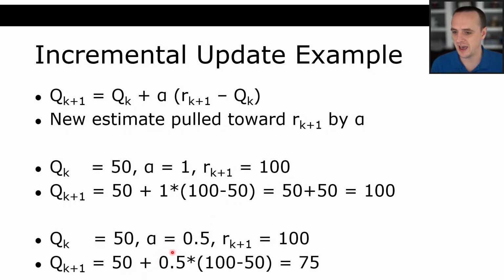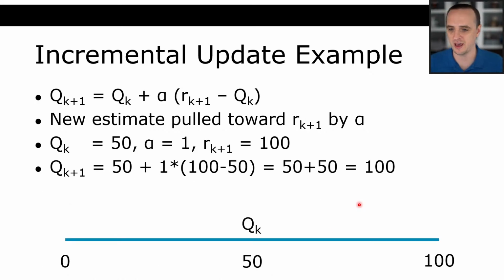50 plus a half times 100 minus 50 is 75. So this is exactly what's happening here. Here's the first case where we had alpha equal to 1. So let's say we're just visualizing this now. It's the same math, but